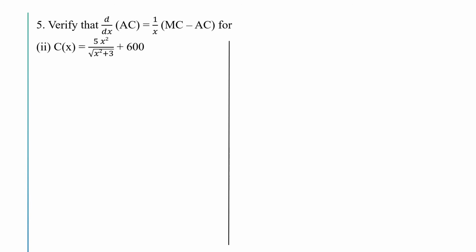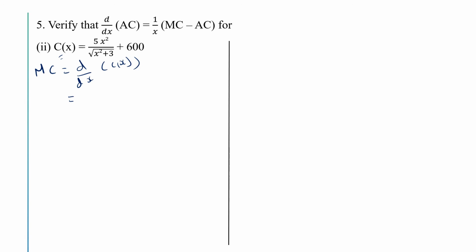The next question: verify that d by dx of average cost is equal to 1 by x into marginal cost minus average cost for the given cost function. C of x is equal to 5x square divided by root of x square plus 3, plus 600. So first let us find marginal cost. Marginal cost is d by dx of total cost, so it is equal to,